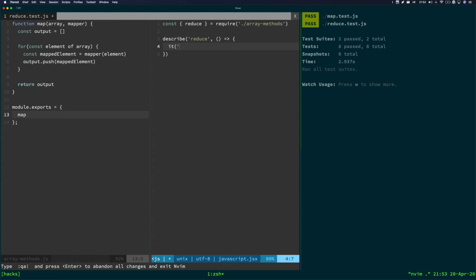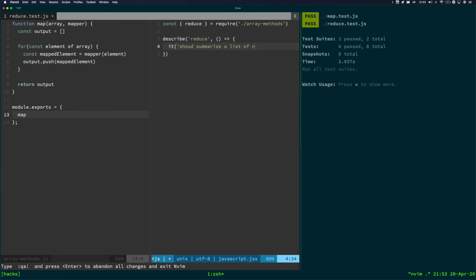what is reduce actually doing? Well, reduce is a way of combining elements into some end result. It's a bit generic the way I describe it there, but that's because reduce is very versatile and quite powerful, honestly. So let's look at a simple example here. Let's say it should summarize